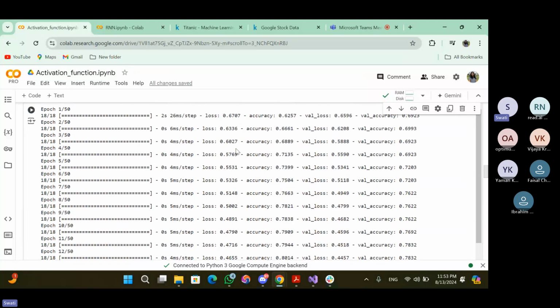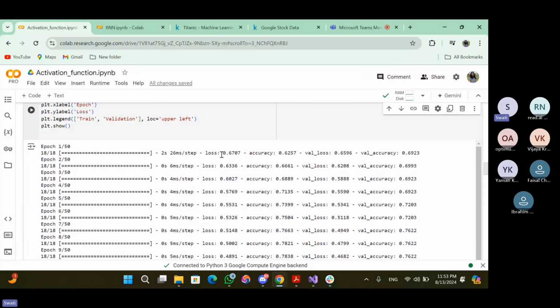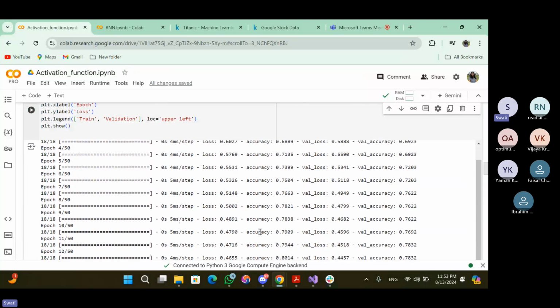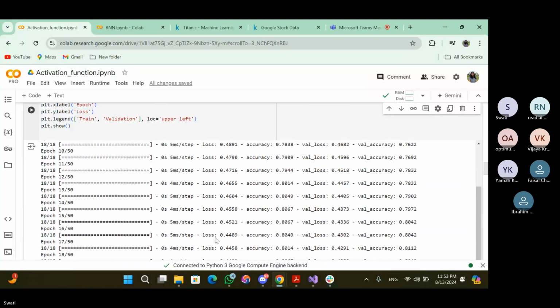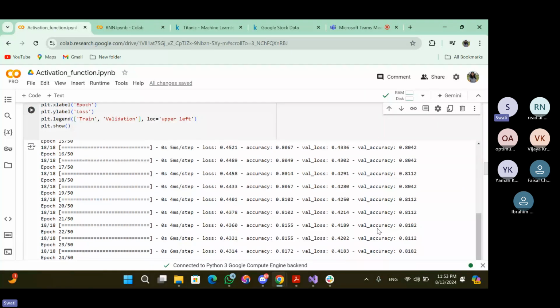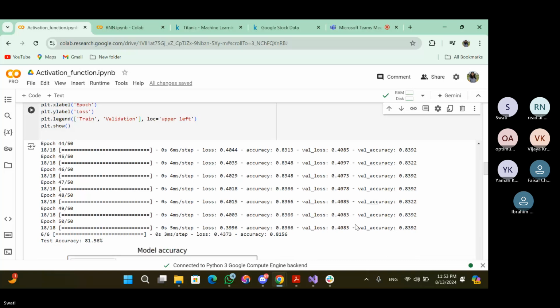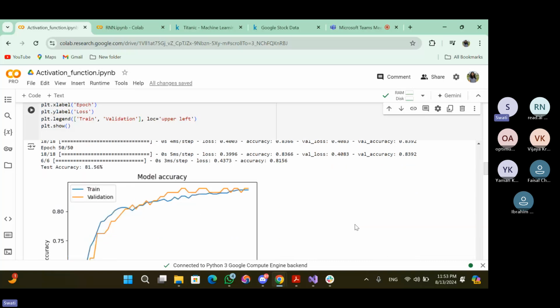At the start it was something like 0.6707, and your accuracy was this. Okay, and your validation loss and validation accuracy. So you can see how this loss is decreasing, and accuracy is increasing, with each timestamp. Sorry, with each epoch. So at last,